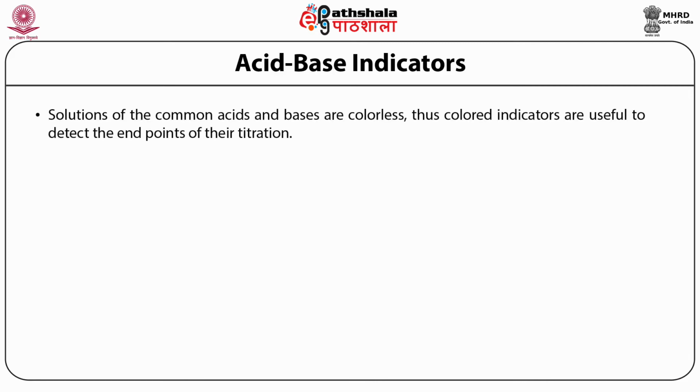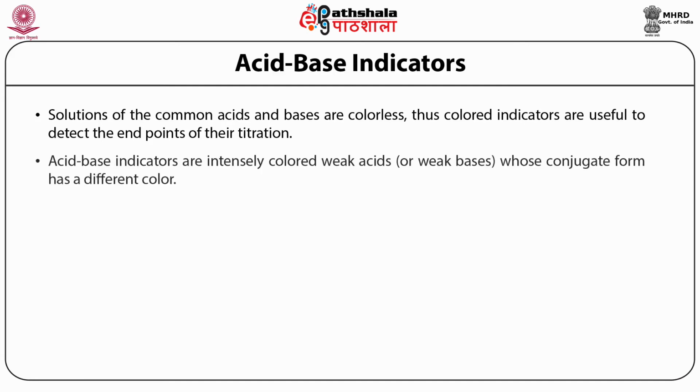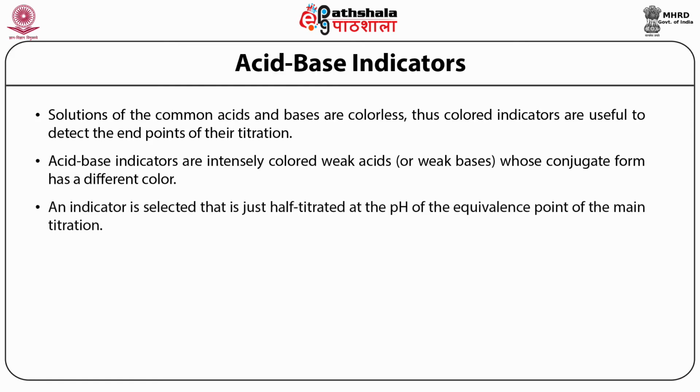Because solutions of the common acids and bases are colorless, colored indicators are useful to detect the endpoint of their titration. Acid-base indicators, as given in table 5, are intensely colored weak acids or weak bases whose conjugate form has a different color. A small amount of the indicator is added to the sample and is titrated along with it. An indicator is selected that is just half titrated at the pH of the equivalence point of the main